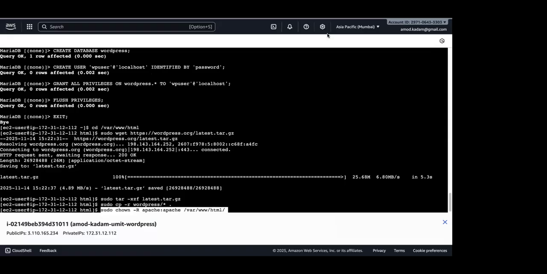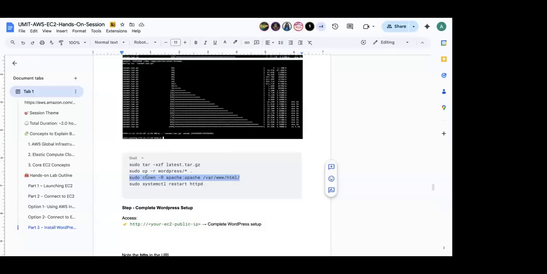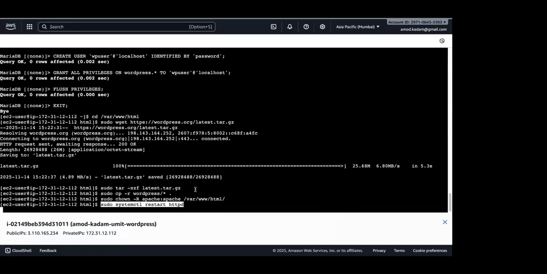You could create a script also and run the script. That is also possible. And then I'm going to restart my HTTPD. So once I restart my HTTPD, then if I look at my instructions,